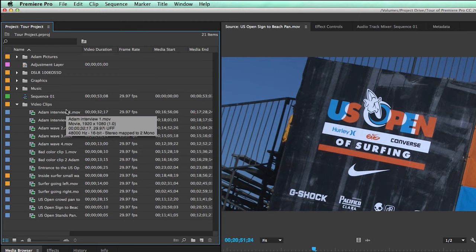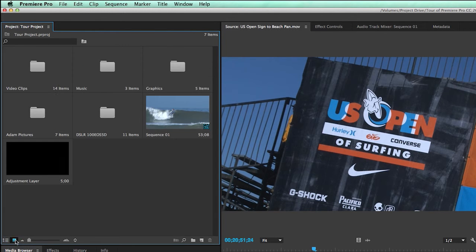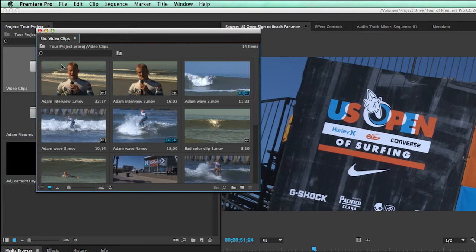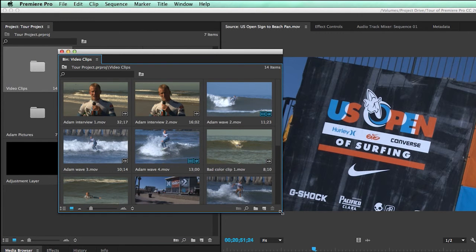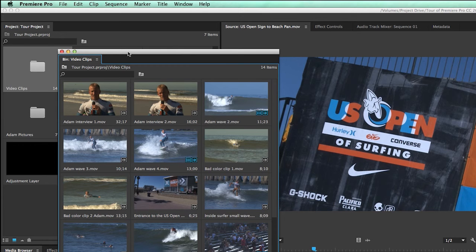The other item that I want to show you over here in the Project window is you can change the way this looks. And for instance, right now this is in the list view. If I click down here, I can click on the icon view and then I get these icons. Now this may not seem like a big deal. Where it does work out a lot better is if I go into a bin. Double click on a bin, and then basically there we go, the icon view is very, very handy,